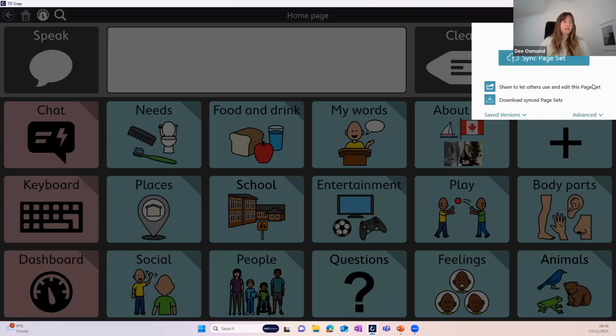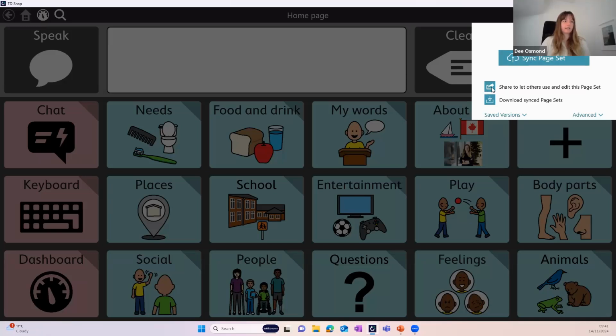Then you get this option here. This sync button is really important because that backs up the page set. So that backs up any changes that you've made. So everyone should have a My Tobii Dynavox account and be pressing their sync button. So that's my little side note on that. But if I wanted to edit, say, for example, someone that I was supporting on my laptop, on the iPad, I would